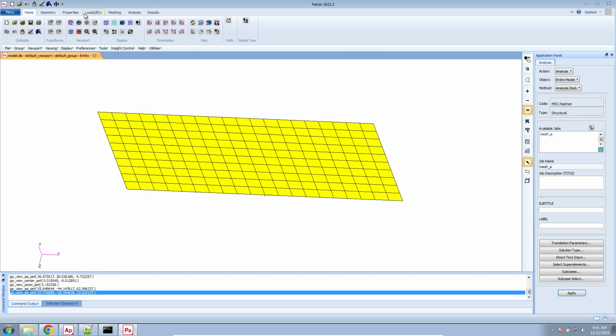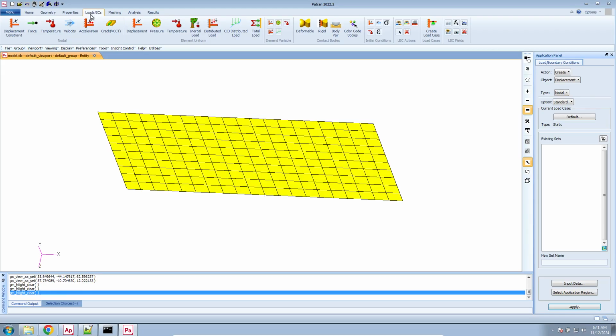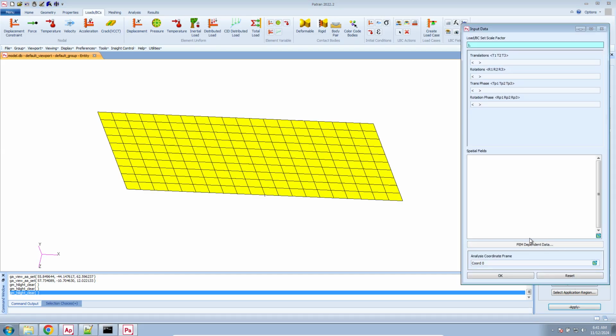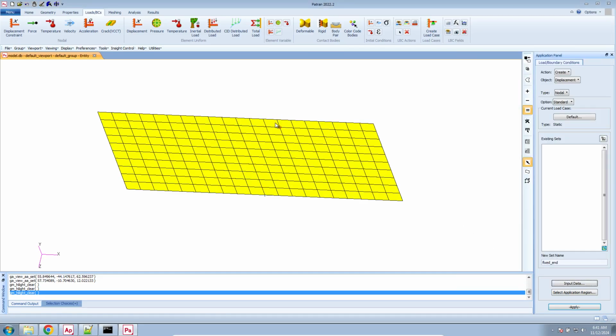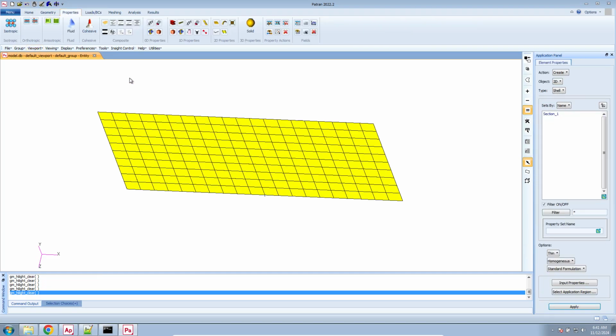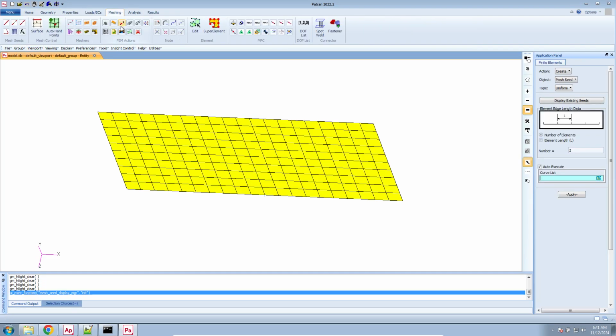I can now go ahead and do a formal statics analysis if I want. I can go ahead and create some boundary conditions, so maybe an fixed constraint here, supply my fixed translations and rotations. I can apply a pressure or a point load. I can apply some materials, some properties. If I want to, I can delete the mesh and create a new mesh here in Patran. But the important part